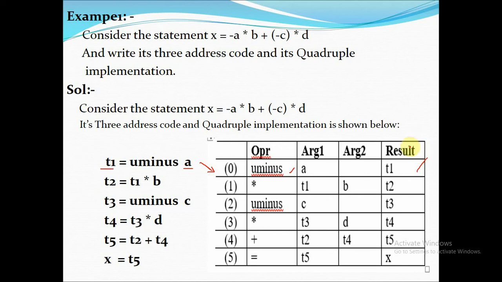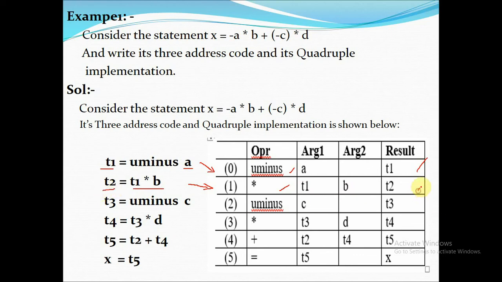And for each row in the table, we use some reference number, something like index number 0, 1, 2, 3 like that. Take the second statement, T1 into B. Here the operator is star. The first argument is T1, the second argument is B, and the result is kept in the variable T2.